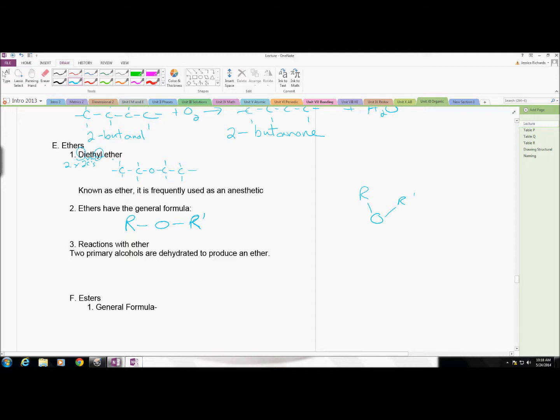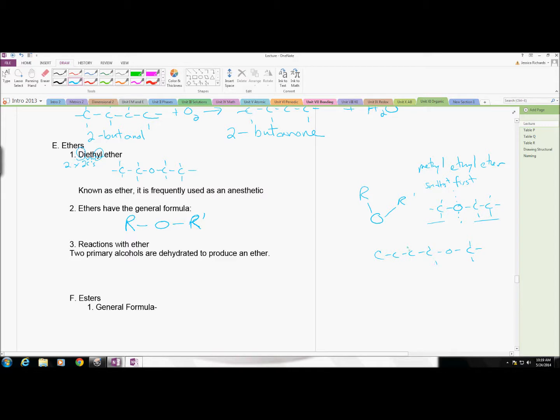We don't call this ethyl ether, we say diethyl ether. If you look at your reference table, the example that they use there is methyl ethyl ether. So ether, it's an oxygen holding 2 chains. A methyl chain is 1 carbon, an ethyl chain is 2 carbons. So I have methyl ethyl ether. Whenever we name these guys, split them at the oxygen, name the 2 chains, string that together. Always put the smallest first and then the largest second, no matter what order they're in when you look at